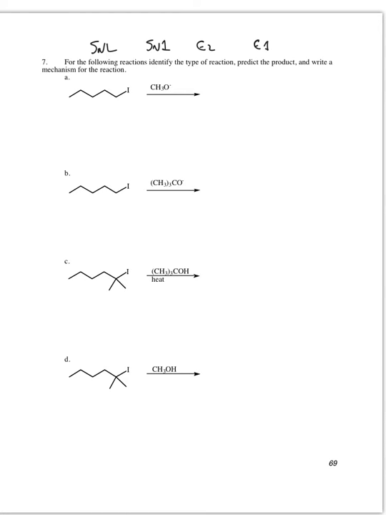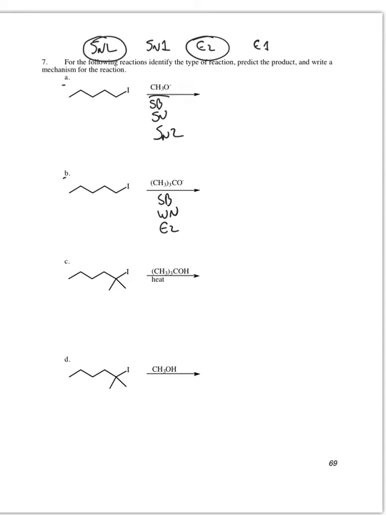So when we look at these, we need to think about what we've talked about over the past few videos for how we decide what can happen with each one. When we look at the first two, A and B, we see that we have the same starting material in both. It's a primary iodide. So they're going to be the 2 mechanisms because it's primary. So the first one has a strong base, good nucleophile. So it's going to be the SN2, whereas the second one has a strong base, weak nucleophile, so it's going